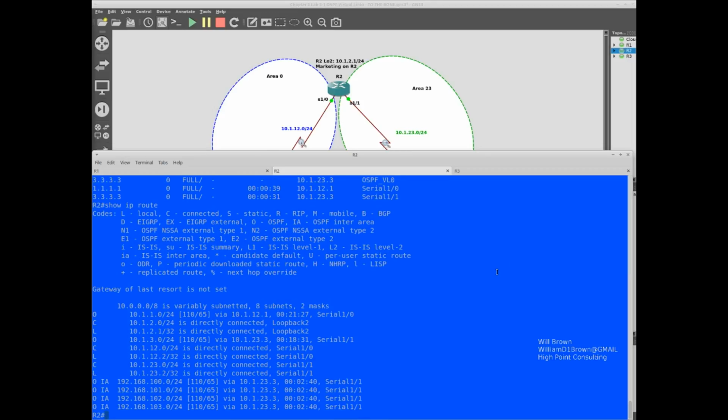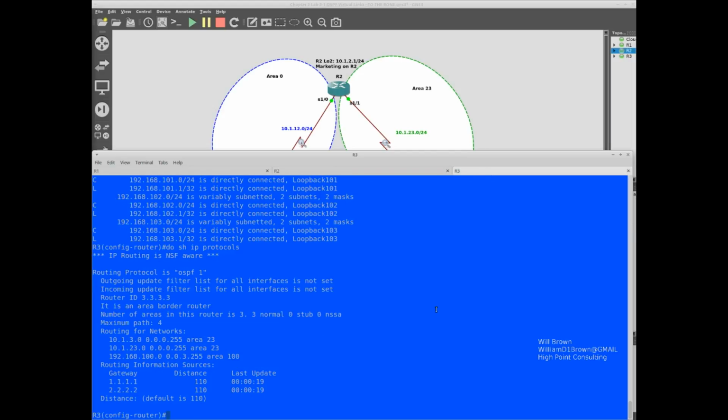We can actually have a summary address in the OSPF process for this area border router, which is what router 3 is, and we can summarize those networks and optimize the routing table on routers 1 and 2 by having the summary sent out by the area border router.